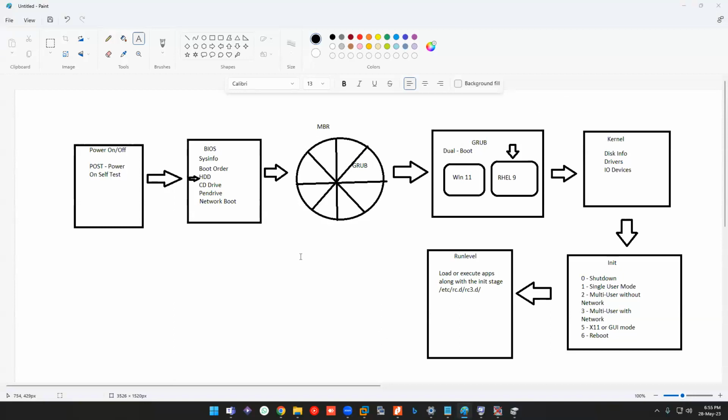It is nothing but a container, let's say. You have the first sector that needs to be loaded, and Grub would be placed inside that. That is what is called MBR. The whole thing is MBR.